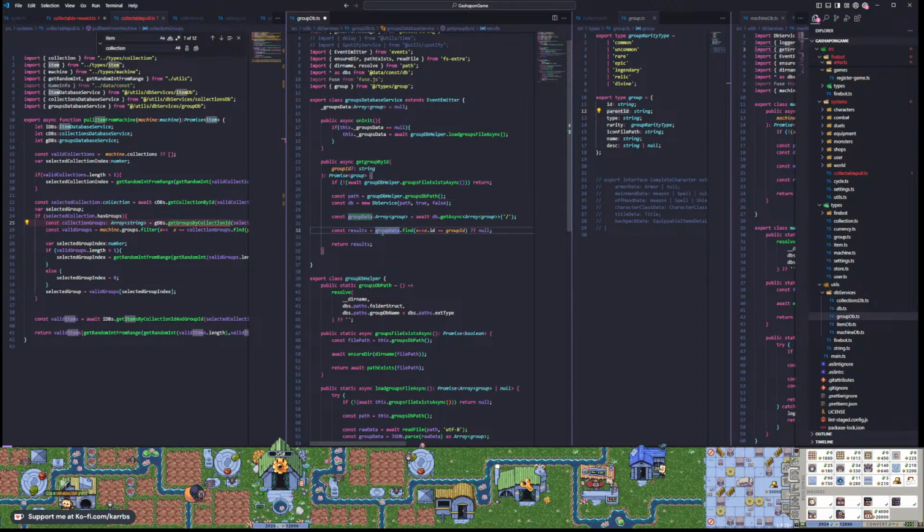And then I could literally just skip the whole async thing here. And this would just be this dot groups data. We want this though. Find where